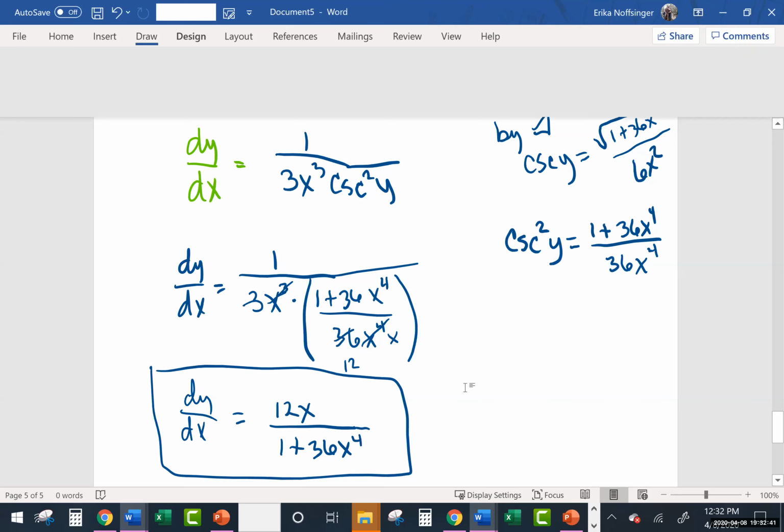Yeah. Any other questions on that? So in a way, that's a good problem because it also showed us implicit differentiation, which you guys are going to have two of on the test. So